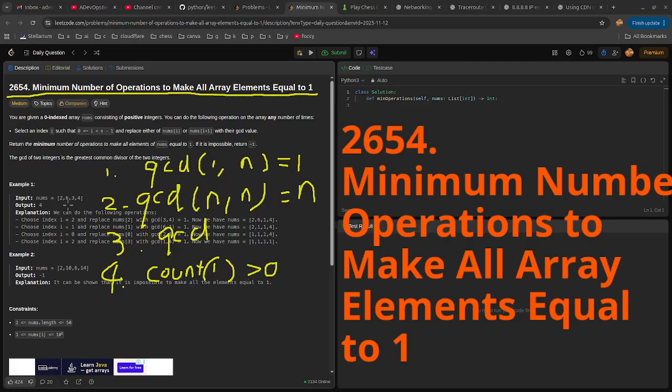Say, for example, after the first operation, we turn this number 4 to number 1, then we know definitely it is possible. It will take us no more than 3 times, so we can make all the other numbers 1. But if there's no 1, but